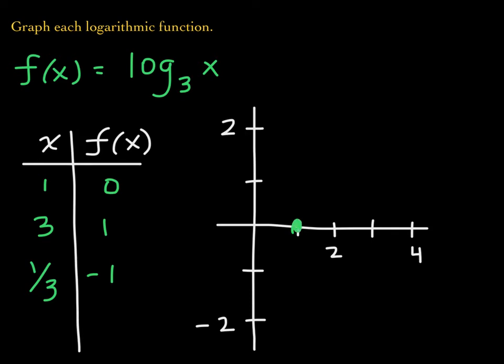1, 0, that's an x-intercept. 3, 1, and we also have 1/3, negative 1. It's about right there. Now,